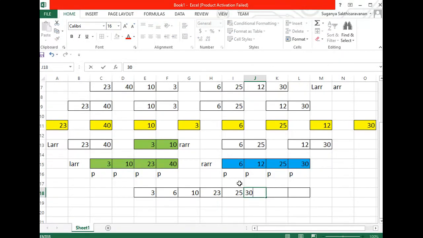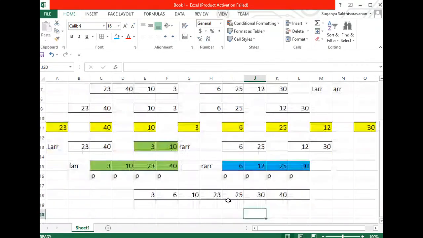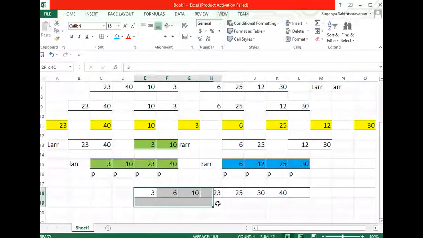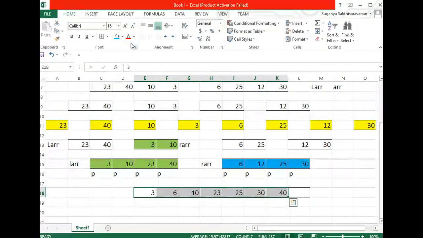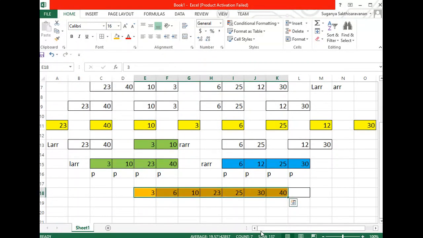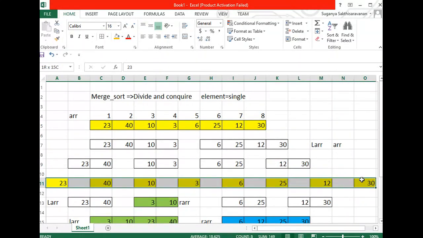All the data in this array has been consumed. There is only one more data left over, and you can insert that value directly in your new array. So this is how your merge sort works, guys. It is the divide and conquer method. At the end you can notice that you get the output in a sorted way. Your output is a sorted array. You consecutively divide the array into multiple subarrays until the array size reaches 1.